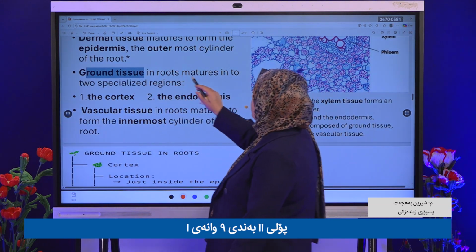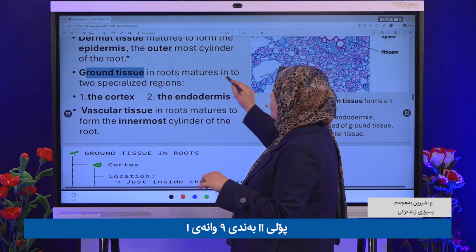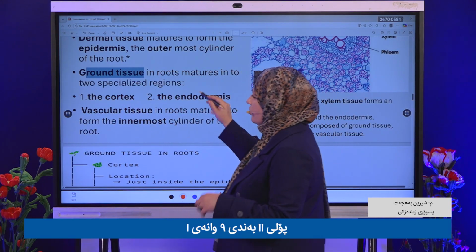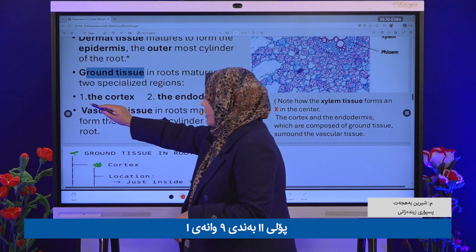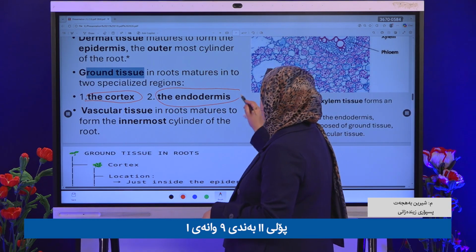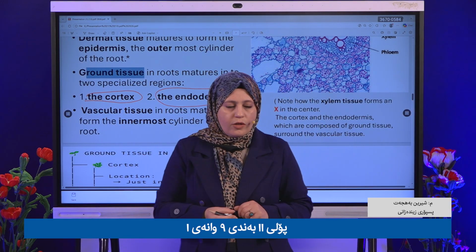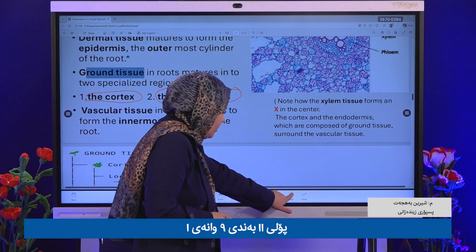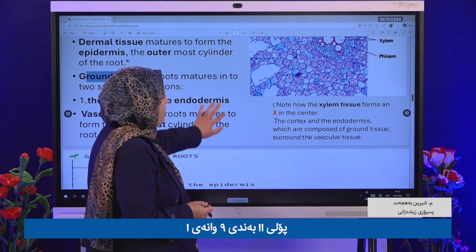Ground tissue in roots matures into specialized regions, which are the cortex and the endoderm. Where are they located? Look at this picture. It's a section of